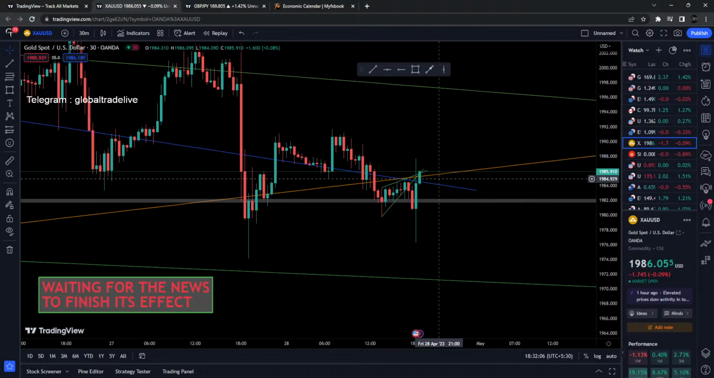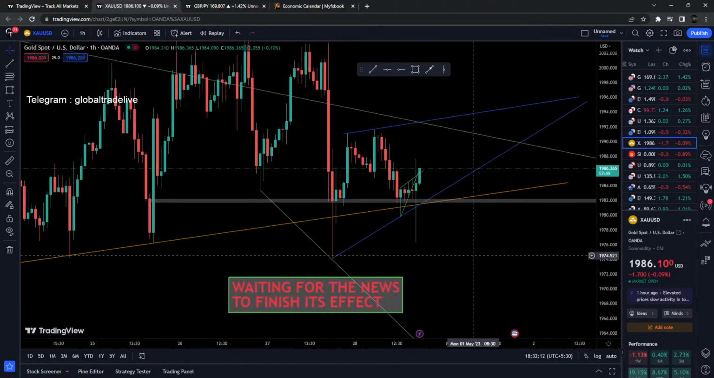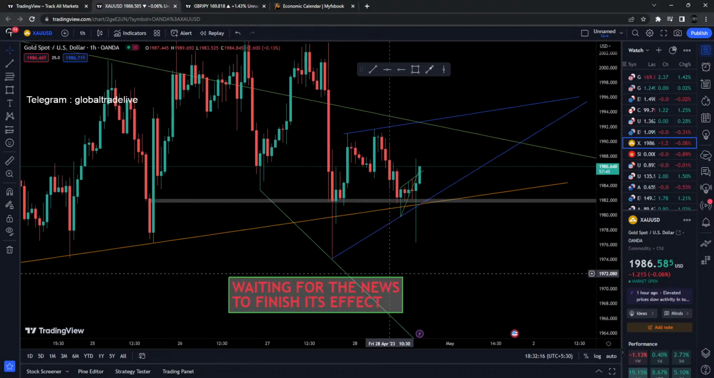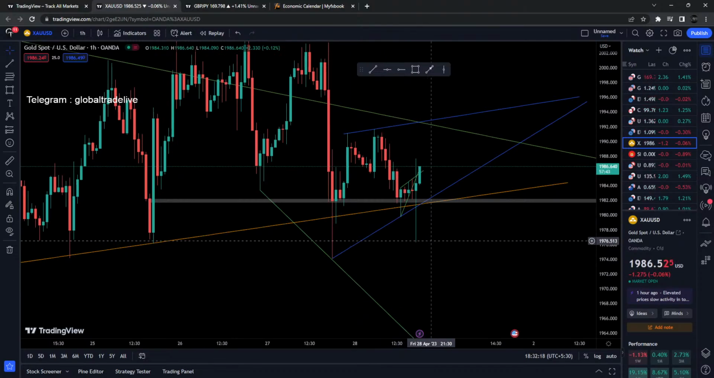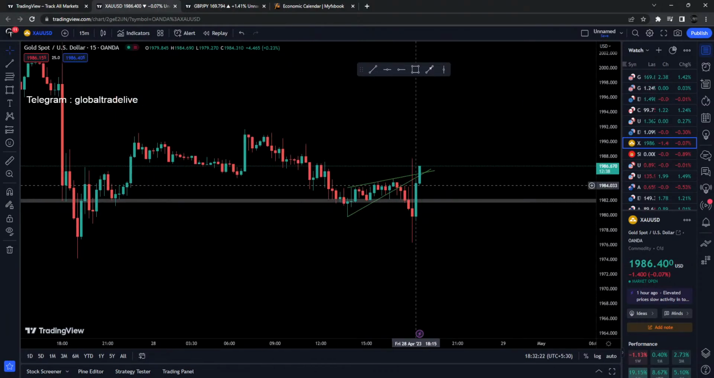And if I talk about gold, gold is trying to push the price up from here. So basically I was expecting gold to move down in 30 minutes and move up in 1 hour, and the same thing is happening with the gold. So gold is moving actually up from here, but the problem is